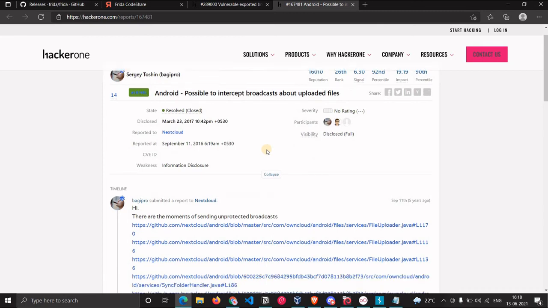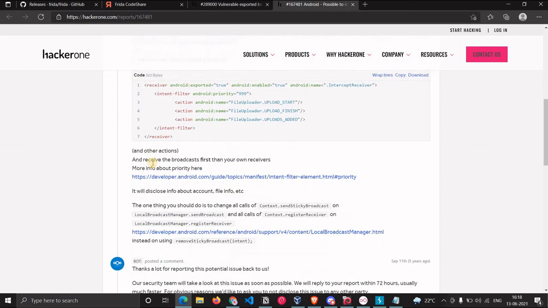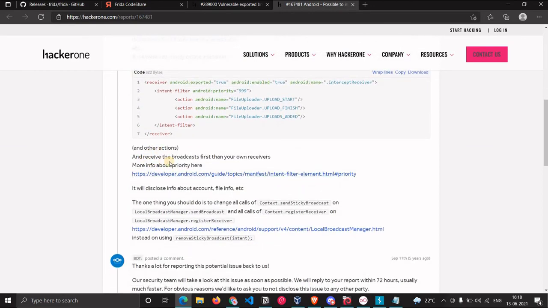Now he has also found that it's possible to intercept a broadcast about uploaded files. This is also about a receiver, and this receiver had exported as true. It had this intent filter with these actions: file upload start, file upload finish, and this.